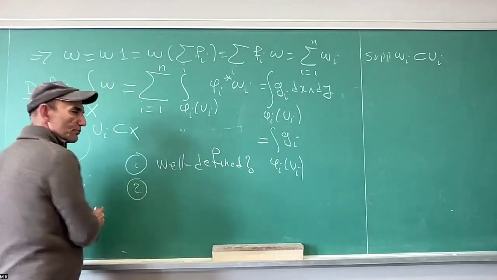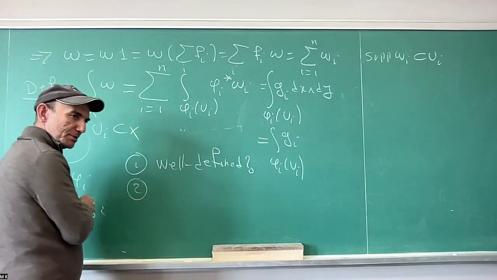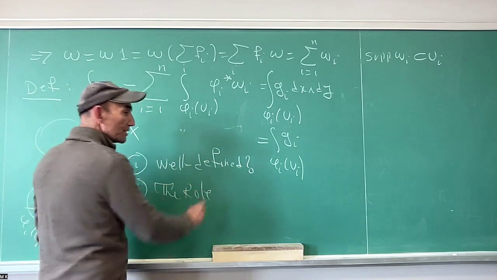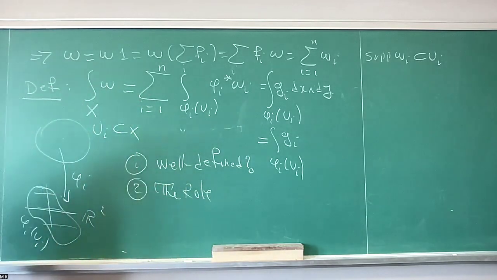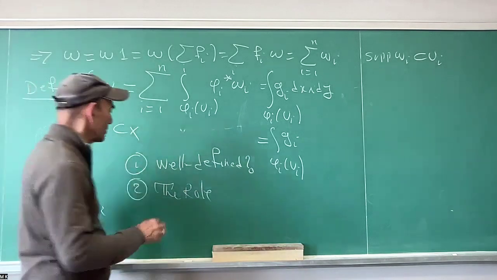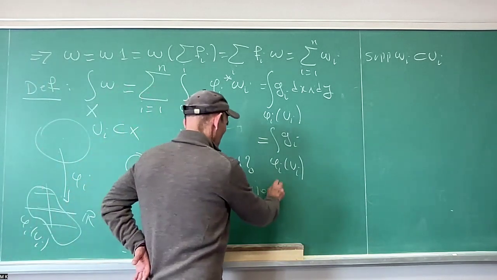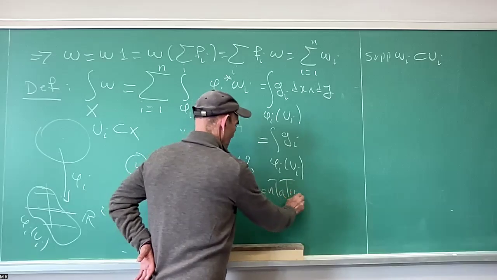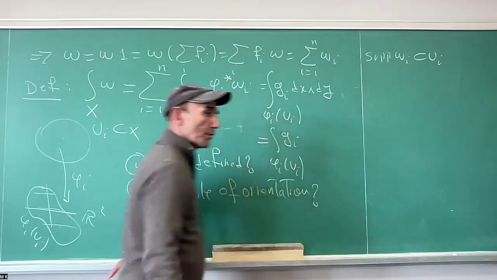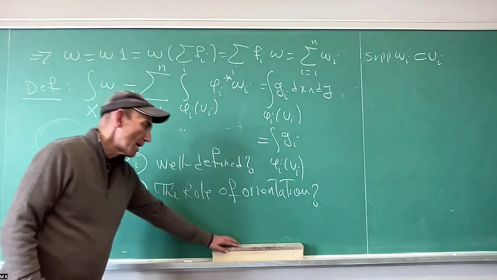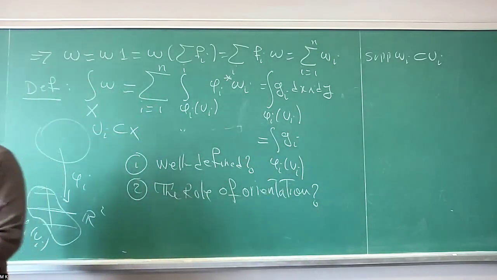Two is we have to understand the role of orientation. I mean, we didn't use orientability at all so far. And now I'm going to say that in order to make sure that this is well defined, we need orientability. Okay? So what is that? And all of this is a result of one theorem